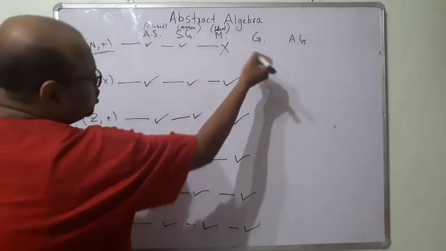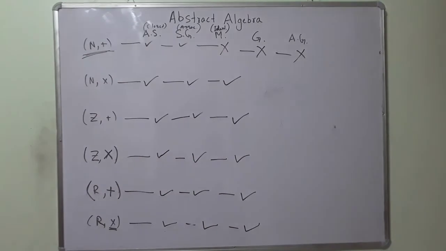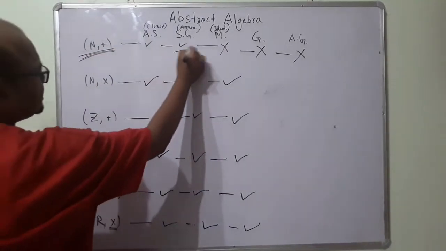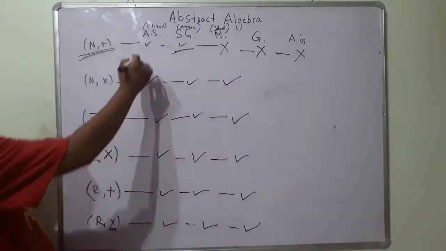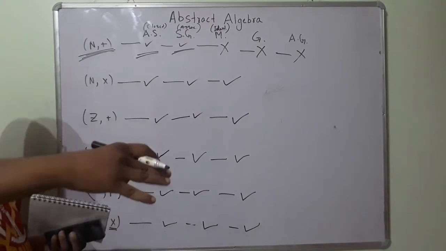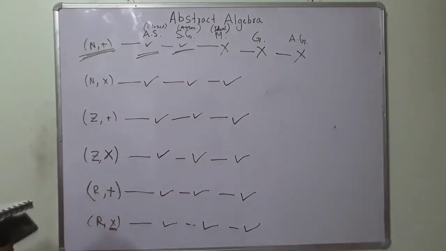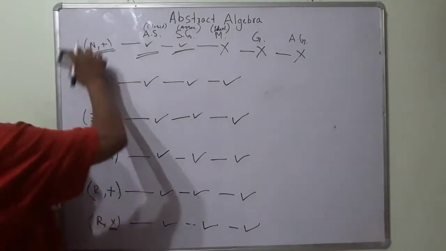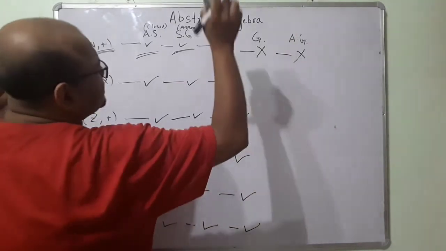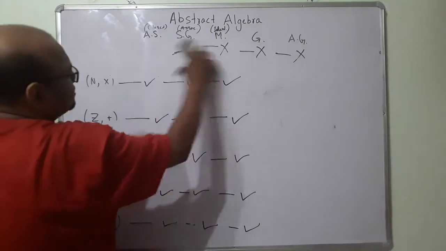Since it is not a monoid, it cannot be a group, it cannot be an abelian group. Fine. If I ask you what this is, you will have to say it is a semi-group. Yes, it is an algebraic structure, but you have to tell me the highest form that it is. It is a semi-group at max, so you have to tell me it's a semi-group. So this is done. It is not a monoid, and since it is not a monoid, it cannot be a group, it cannot be an abelian group.